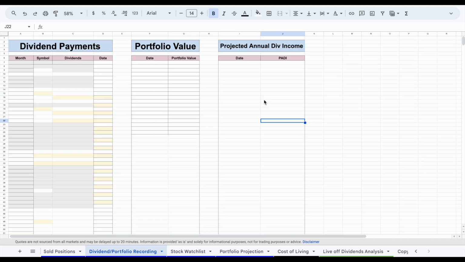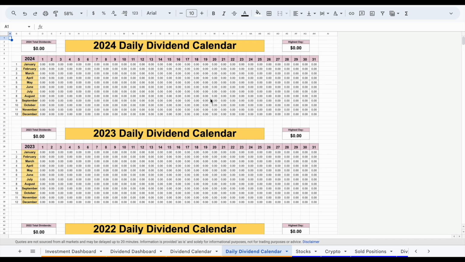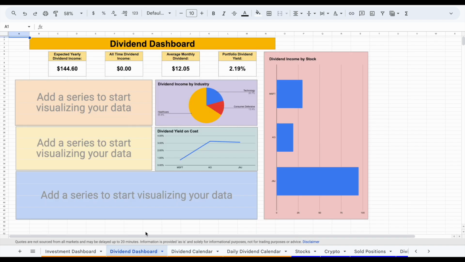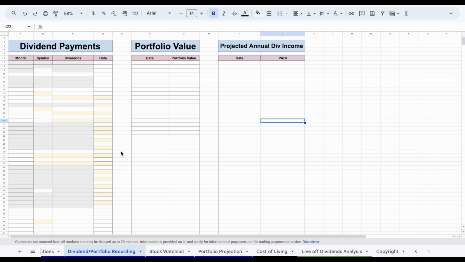Now once I've removed this data, if we go back over to the daily dividend calendar, you can see all of this is blank, and the same is true for our dividend calendar. All of this is blank, but we can see the three positions that we added: Microsoft, Coca-Cola, and Johnson & Johnson. If we look at our dividend dashboard, we can see these three charts aren't showing anything because we just deleted our example data. So the next thing we need to do is just plug in data as the months